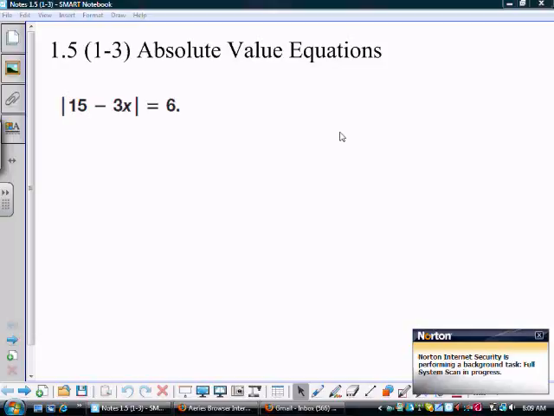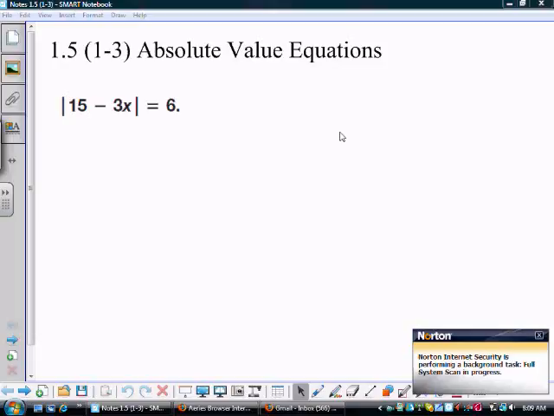All right. Absolute value. Maybe you haven't seen those since Algebra 1 class. So we always are going to solve the equation kind of without the absolute value. But then we have to think that absolute value